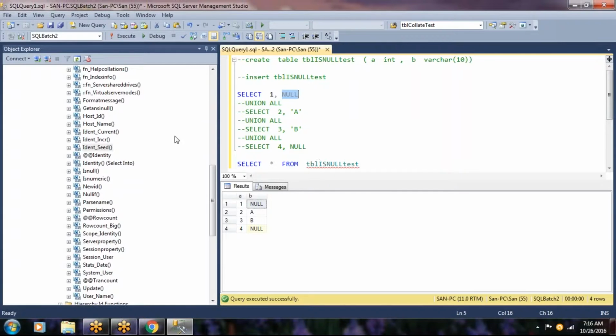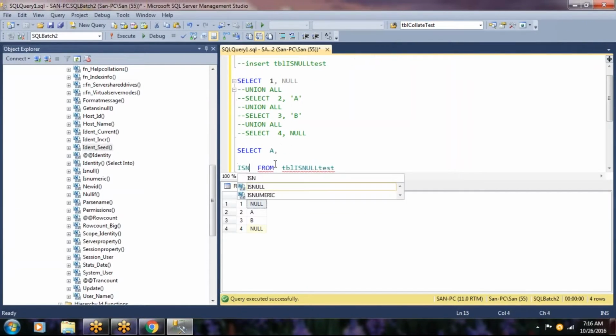So now what we are going to test is the ISNULL functionality. Select a, ISNULL of b: if the corresponding column has a null value, then which value has to be replaced?